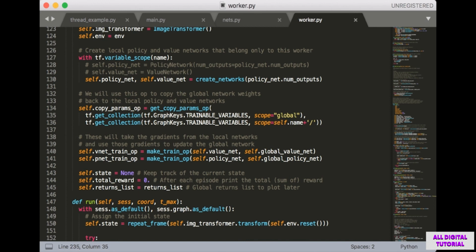The first set of variables we pass in are the global variables, and the second set of variables are the local variables. Therefore, this function is going to be used to copy the weights from the global networks to the local networks. Next, we're going to call makeTrainOp, which we created earlier, on both the value network and the policy network. So we have 2 train ops, one for each network.